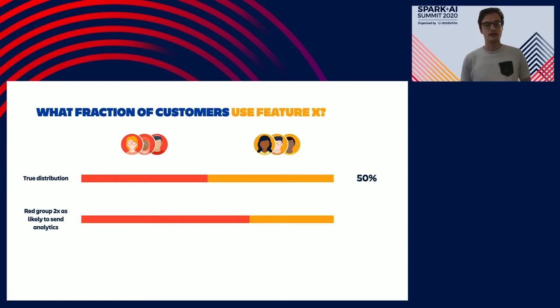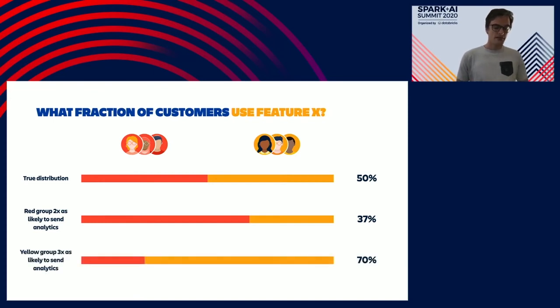Whilst this is not the true mix of customers in reality, it does represent the mix that we're querying in our product analytics. And a direct query on this data set will produce that just 37% of customers use the feature, as this set is now biased to the red group, who use the feature a lot less. Now, is this what's going on in practice? Well, no, but it is what we see on the other end, based on who's kindly decided to send us product analytics to work with.